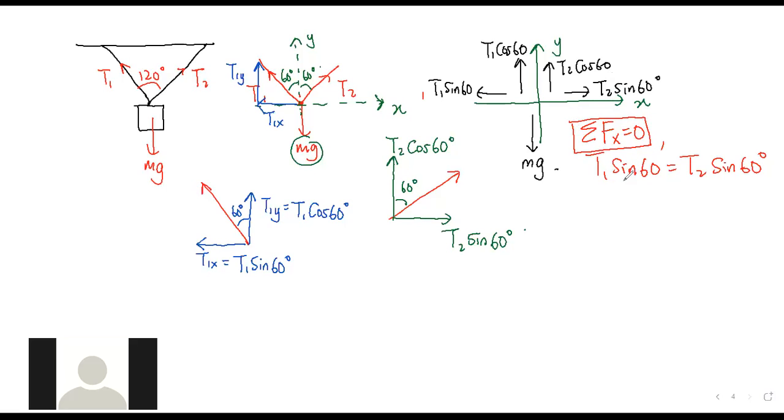Okay? So T1 sin 60 是 balanced by T2 sin 60。所以我知道 T1 是等于 T2，它们是一样的。